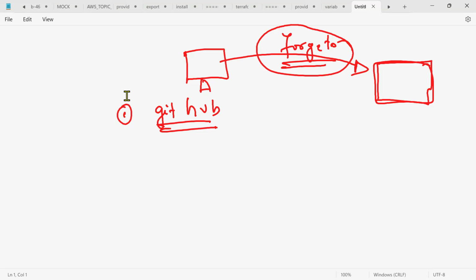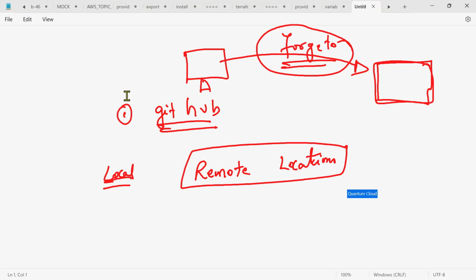Instead of storing the state file on our local machines, we can store it in what are called remote locations. Instead of storing our state file on our local machine, we can store the same file in a remote location. The first remote location is,